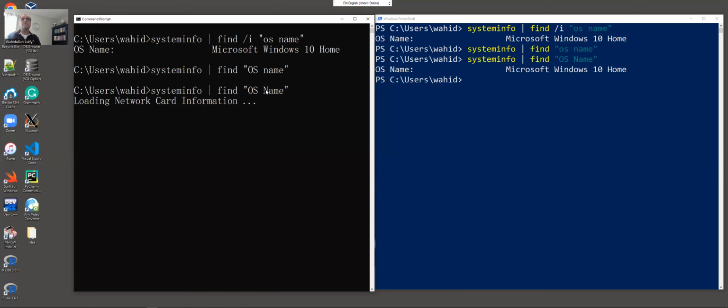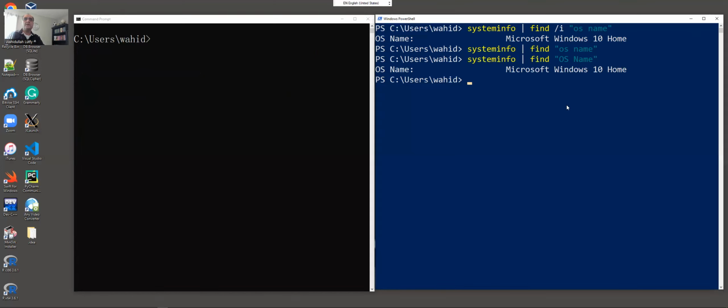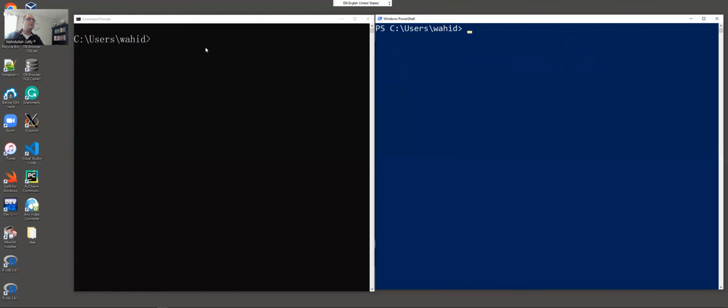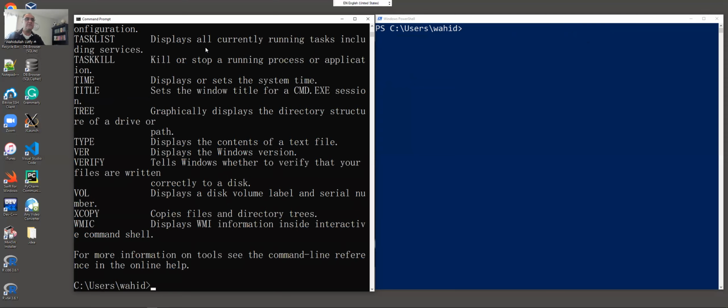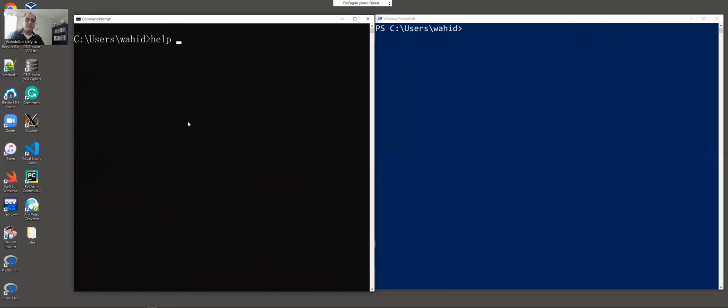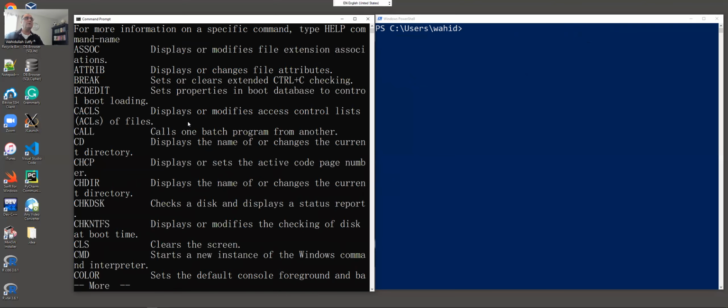So we just found out that we are working on a Windows 10 operating system, both from the command line and the PowerShell. On both of them, I'm going to do a clear screen, and then type in help here. If I don't type in anything else, help will give me a long listing. But notice that the characters are much larger, so it doesn't fit there. If I clear the screen and say help, and then do a pipe more,